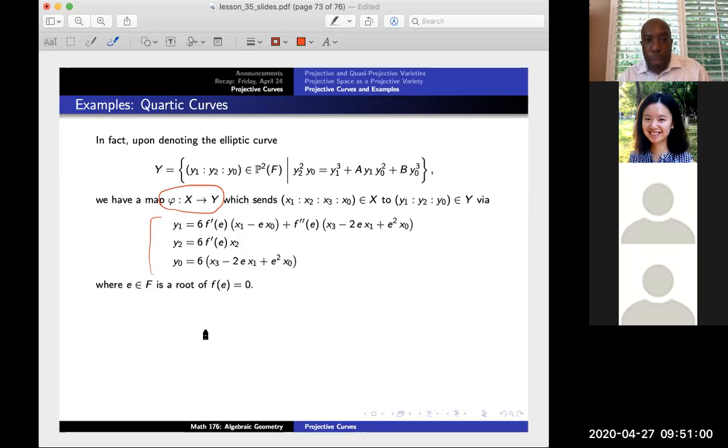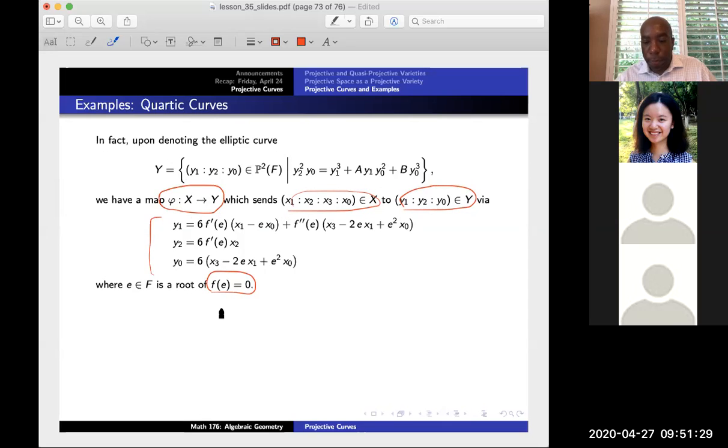So we've actually been doing these formulas over and over again throughout the course, but I wanted to put everything in one place to say that if we start with our quadratic intersection x, and if I write down this elliptic curve y, then here's a map that goes from points on x to points on y. All right, so this here is a well-defined map. If you want to know what e is here, it is just the root of our quartic, our f of x,